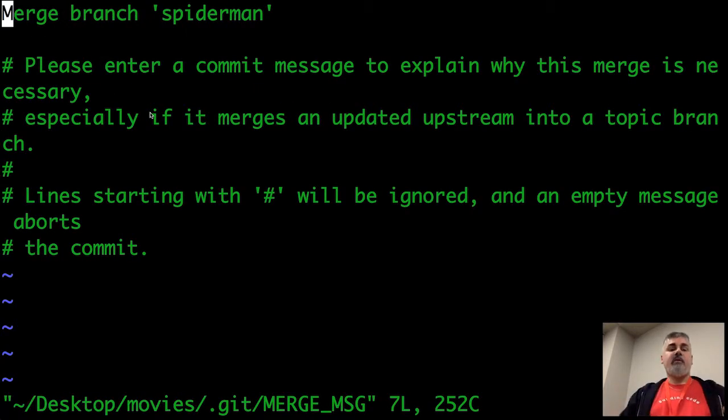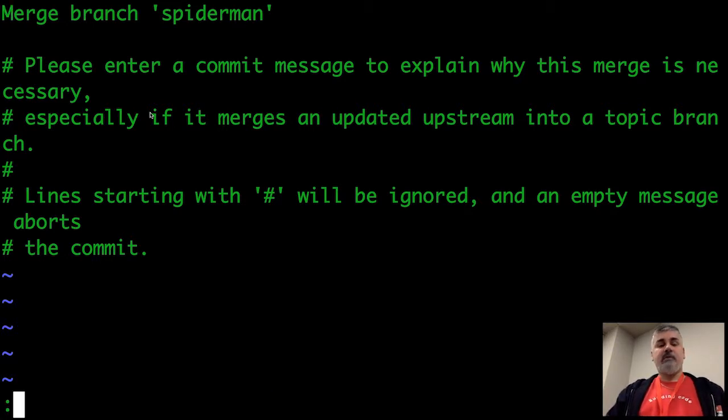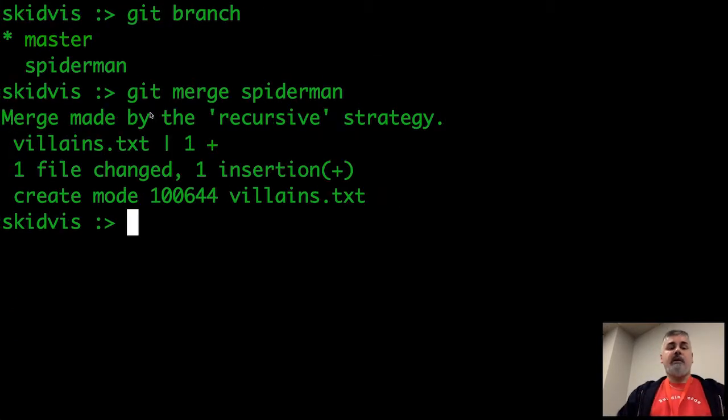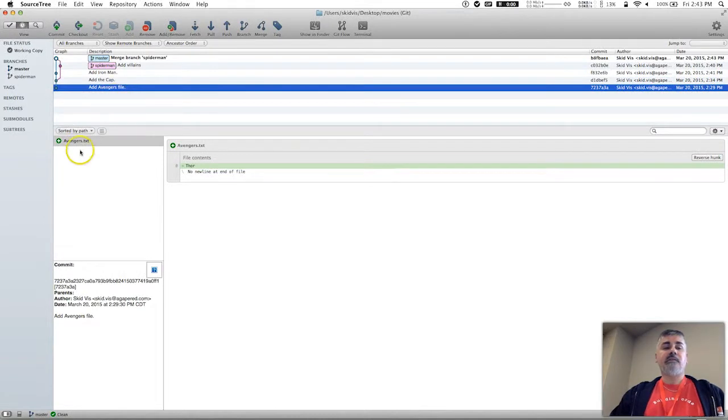And then it opens up Vim, and it wants me to specify a message explaining what this particular merge is about. If you don't know Vim, the way to get out of this is just :q, or you can change the message if you want, but I'm just going to leave it as merge branch. And that's it, we're done. It shows me that a merge was made. It shows me what has changed. And if we go back and look at this, you can see what it did. It took the changes in that branch and pulled them right up there where the changes were made.